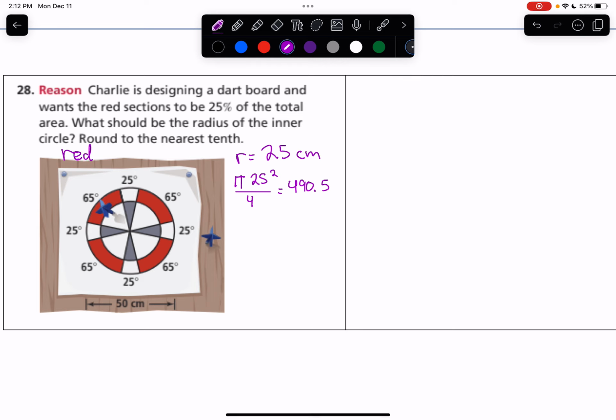This means that the red area is 490.5 centimeters squared. So I need to figure out what radius my circle needs to be to give me a red area of 490.5 centimeters squared. So let's model out the area of the red. Okay, so we're going to say 490.5, the amount we need,